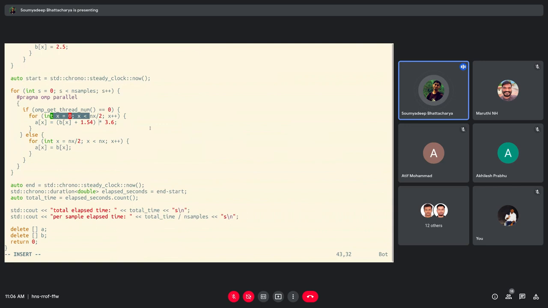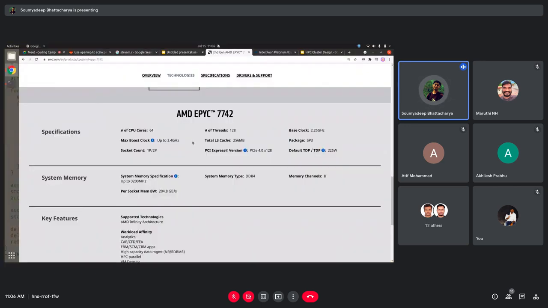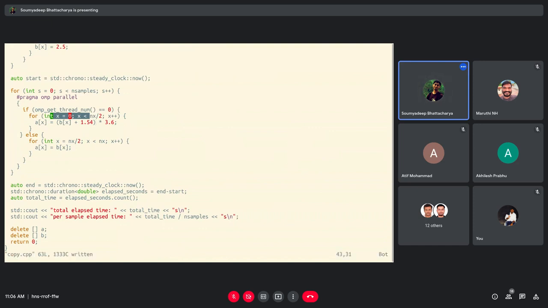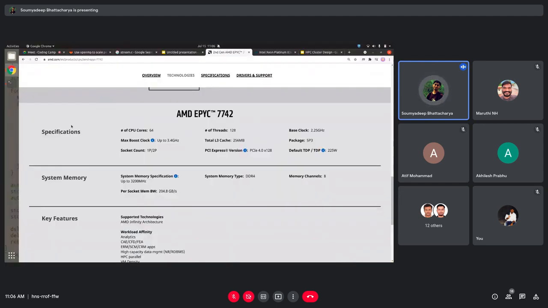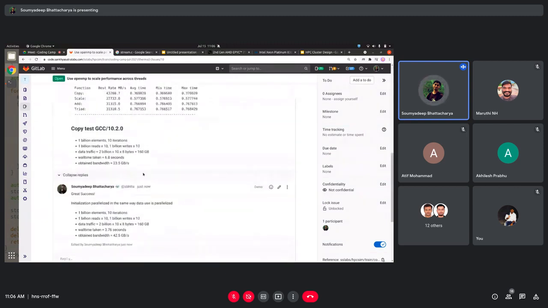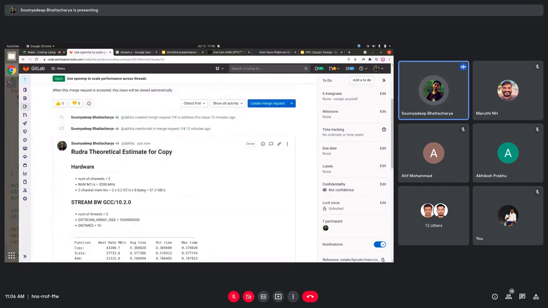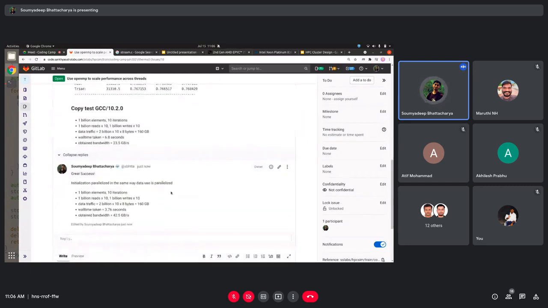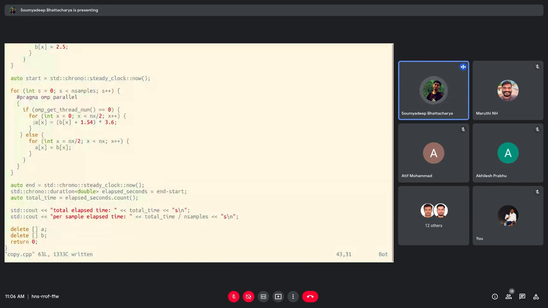And as you can see from this node, per core, it will go up to how much? You can calculate all those things. If you actually calculate the wall times, you will see that the theoretical wall time taken for transferring this data, which we've found out here, almost this one. This is not the theoretical wall time. The theoretical wall time will be based on the hardware bandwidth. But if you do that, you will see that the wall time for data transfer will be much more than